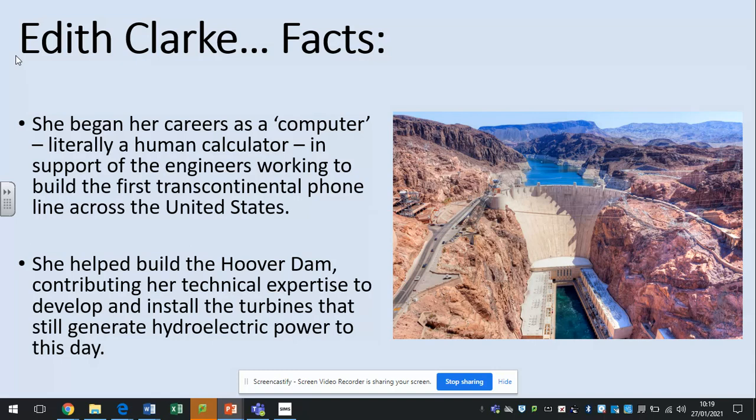So after they'd invented the phone, what they were trying to do was to be able to connect the phone line. So if you were in New York on the East Coast, that you'd be able to make a phone call to Los Angeles on the West Coast. Now, that was harder than it looks, especially when you're laying cable across a few thousand miles.